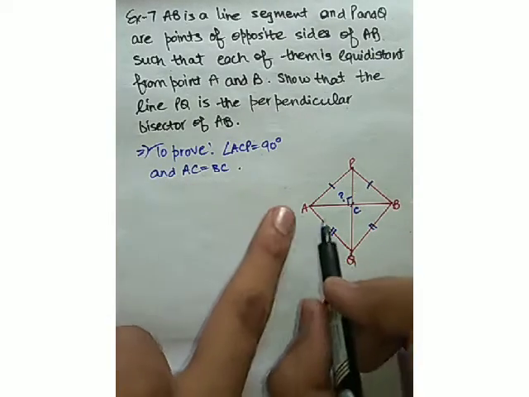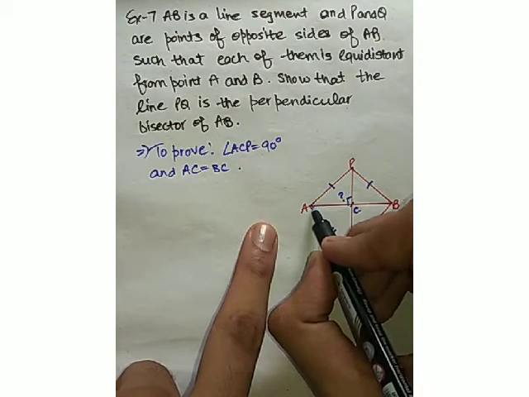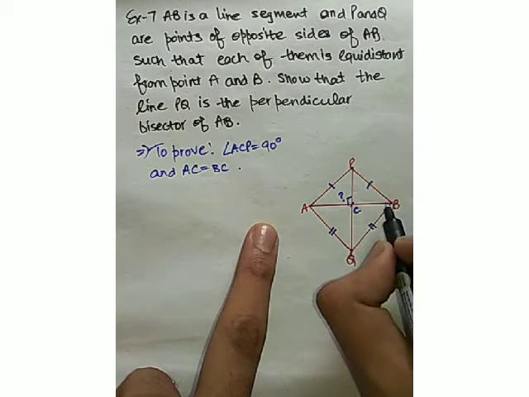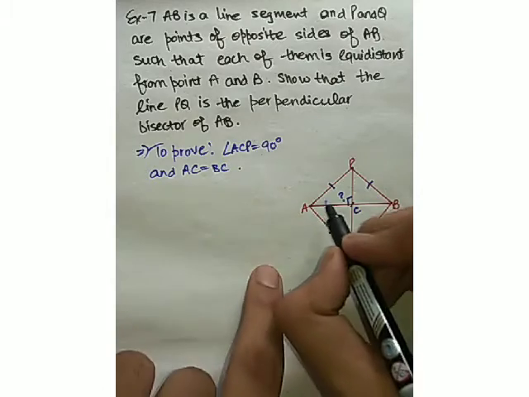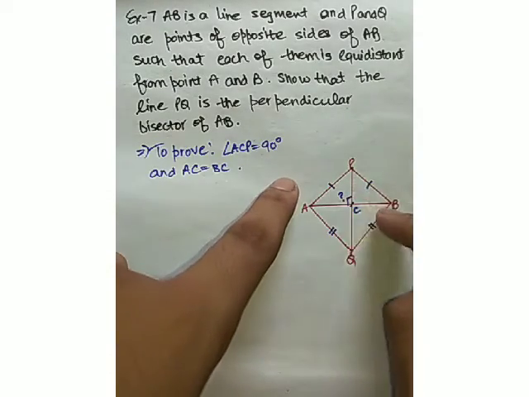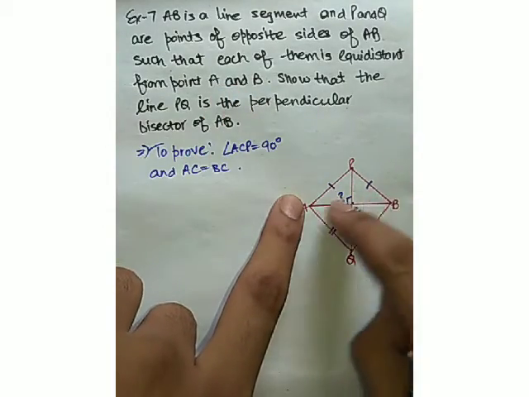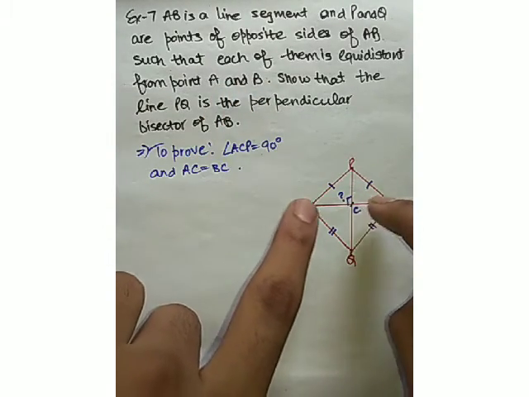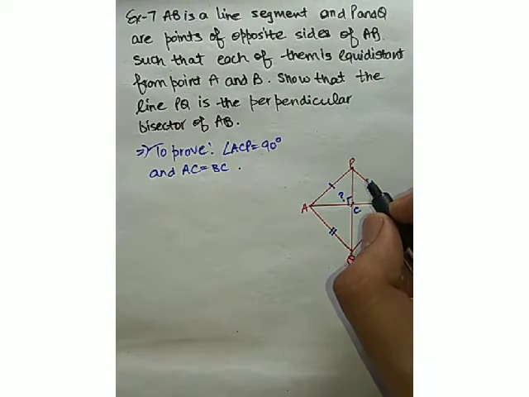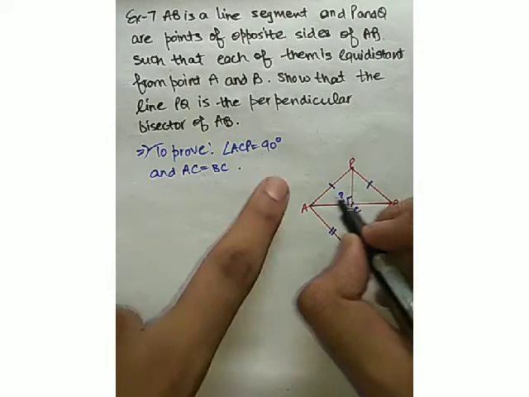Now you must be thinking that let's prove the triangles APC and BPC congruent, because AP is equals to PB already and PC is common, and also angle A is equals to angle B, because these are the angles opposite to the equal sides, the theorem which we have done in the previous video. So these triangles can easily be proven congruent and you can easily write AC is equals to BC, but we are not going to use this rule because our two sides are this and this, which are equal, but the angle is this one.